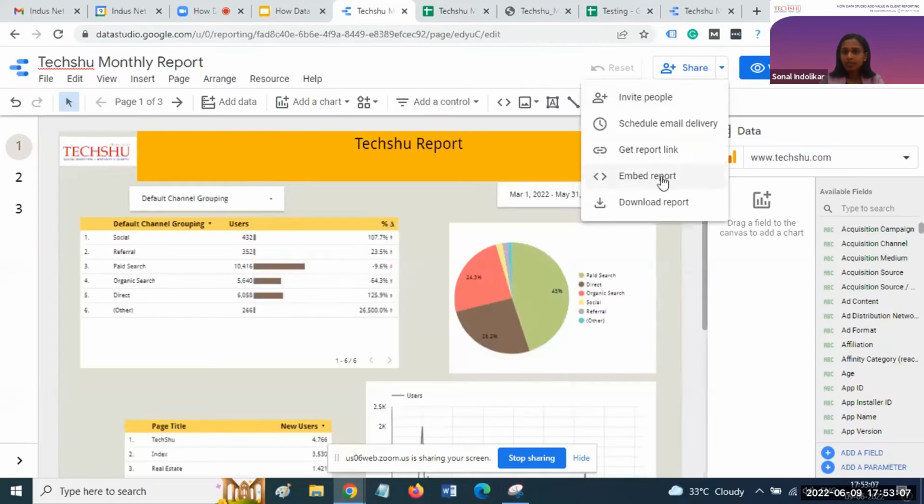Then another option is to embed the report. For example, if you are going to present the report in another format, through a web page or a Word document or any other documentation format, and you want to embed this particular Data Studio report in that format, the embedding option is also available in Data Studio.